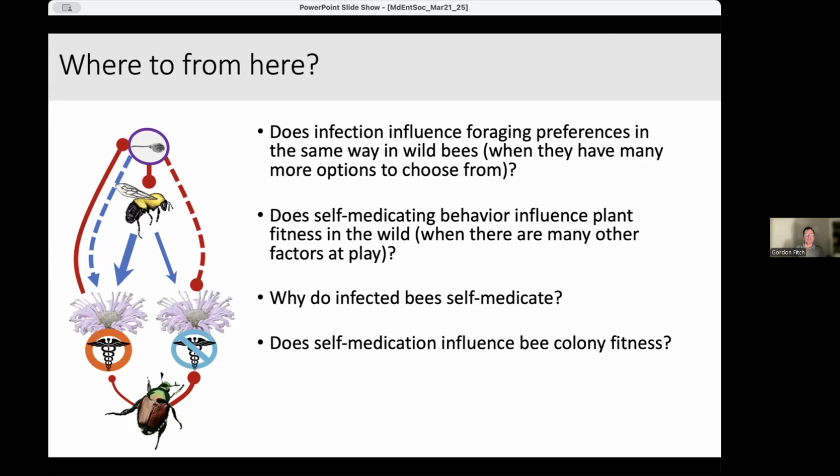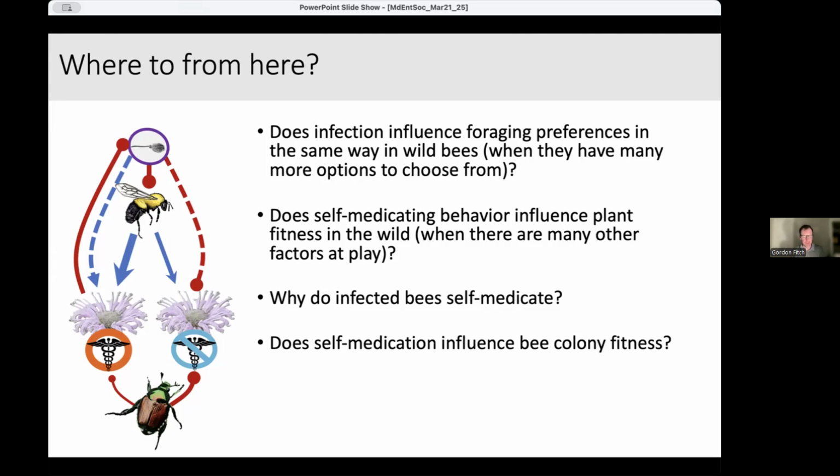And then, thinking about when I talk about this work, what people really want to know is, okay, so are medicinal plants going to save the bees? The first thing that we need to do to answer that is see whether these positive effects on the individual bee scale up to influence fitness of the actual bee colony, so their ability to produce new queens and have those queens successfully overwinter. This is obviously a lot more challenging than having bees in a lab and feeding them just for a couple of weeks of their life.